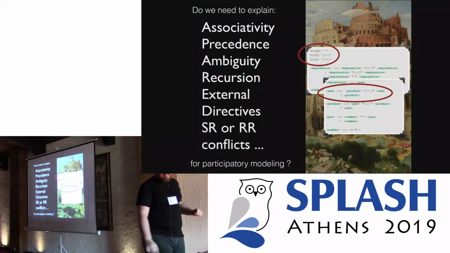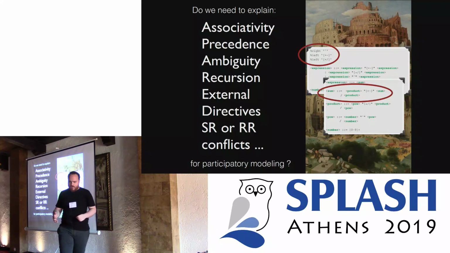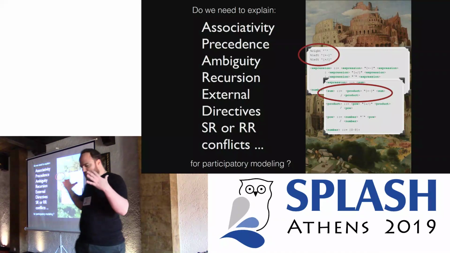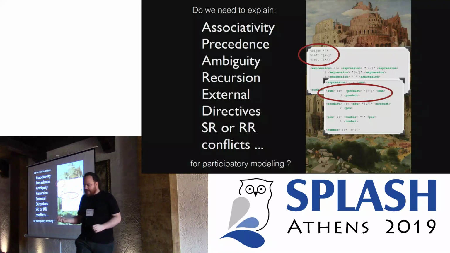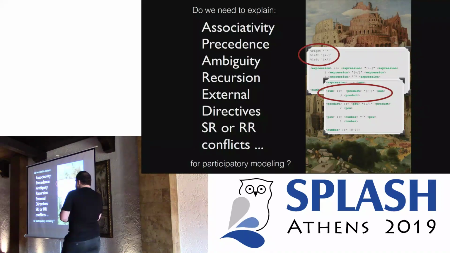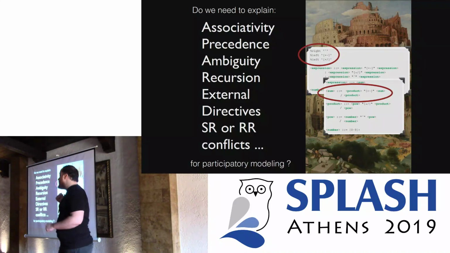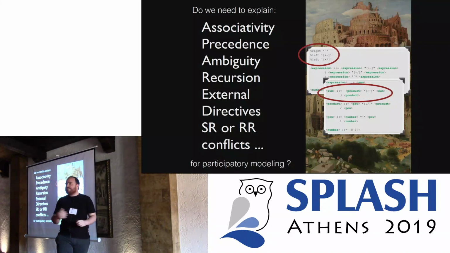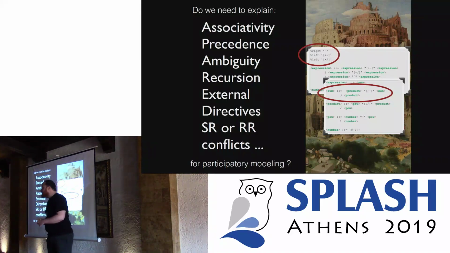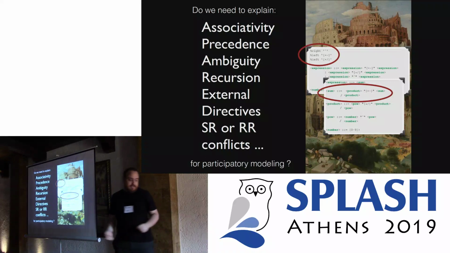Now, I'm trying to build these platforms in what is called a participatory modeling approach. It does not always work. It means that we build the language together with the stakeholders, and there are things that are getting in the way. One of these things is fighting with parsing tools and having to explain to people that don't care at all what is shift-reduce or reduce conflicts, and why I cannot use left recursion with this PEG parser here, and why they cannot express the grammar rule as it is in their head.